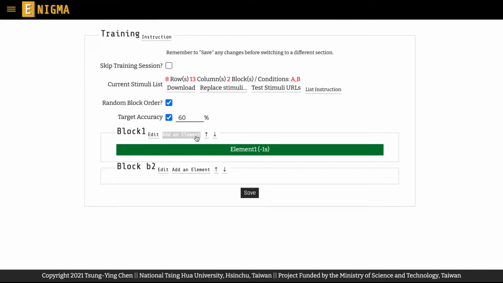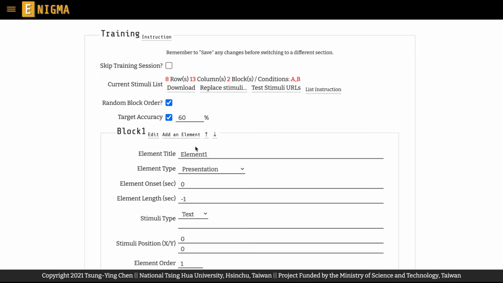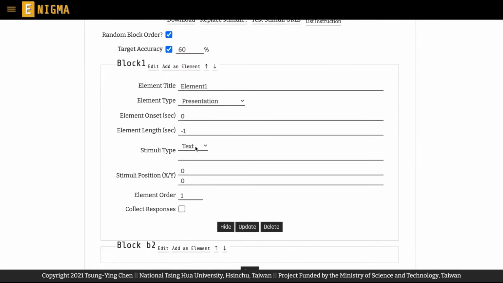You can add up to 10 elements for each block, so you certainly have some room for creating a complex trial structure. Now, click on the element, and you can further edit element settings, and let's go through these settings one by one. You can give each element a straightforward title reflecting its function in a block by changing the element title column. The new title, though, cannot be longer than 20 characters composed of alphabets and digits. In addition, elements in the same block must not have the same title.